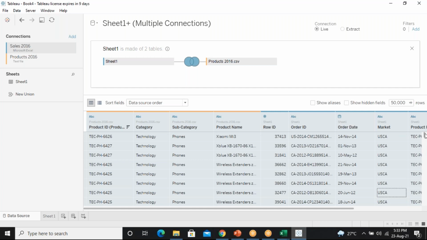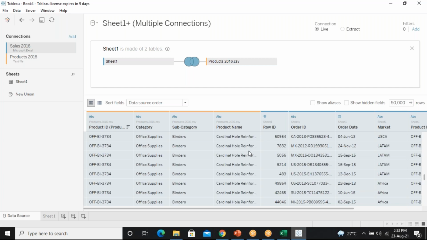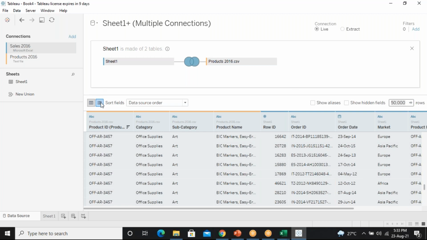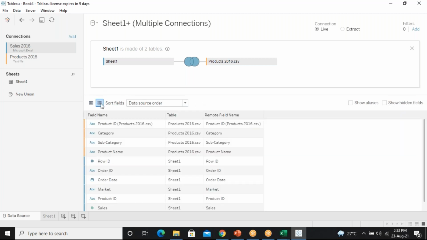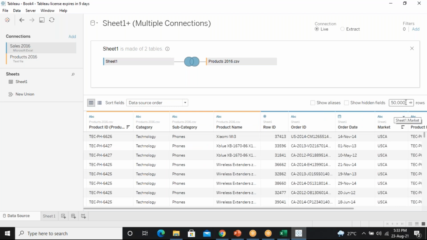But the problem here is that there will be a bug. If I enter, for example, any number in the sheet view, how many records are there? That will be shown here.